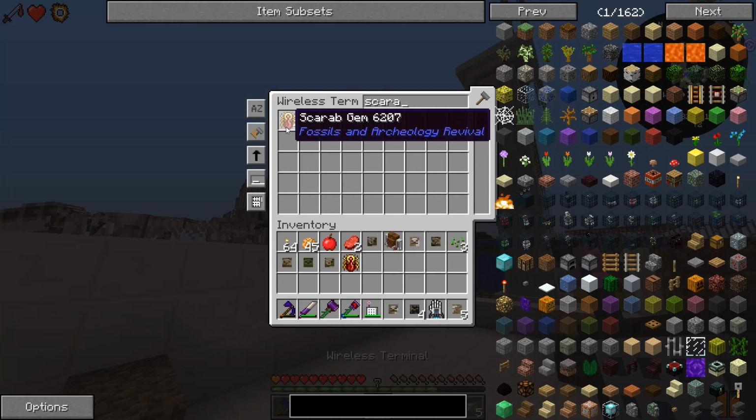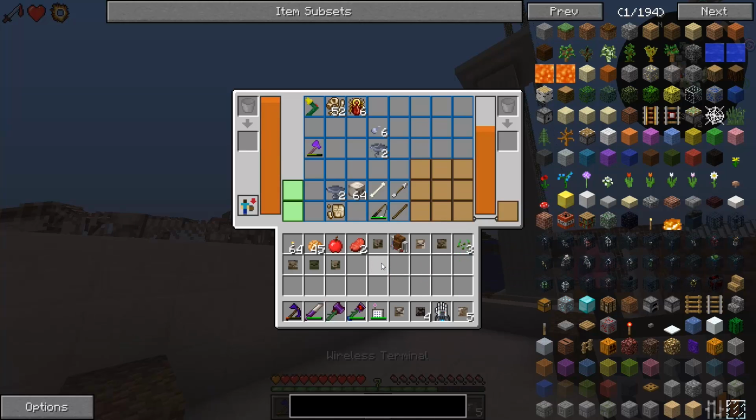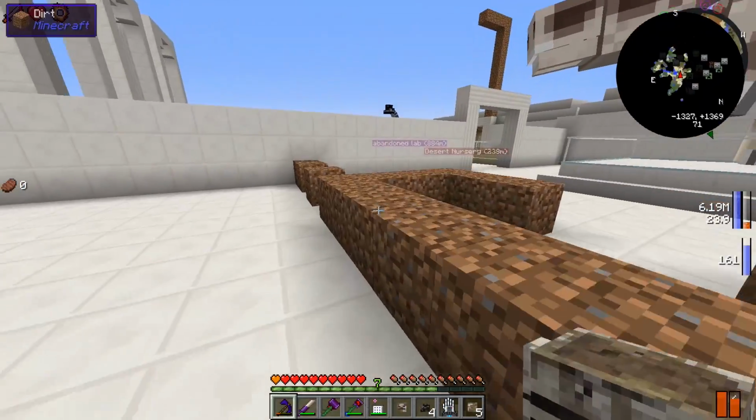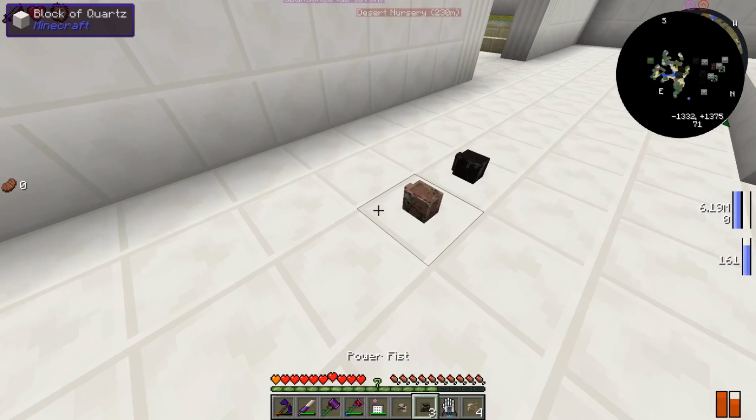Oh, we have 5 more in our... Whew, okay, well, I guess I can put that one back up there. Actually, I'll take all of them, put them in my backpack just in case I ever need them. But I did say that I wanted to decorate the lobby with these skeleton figurines, these broken Endermen, zombie pigman,